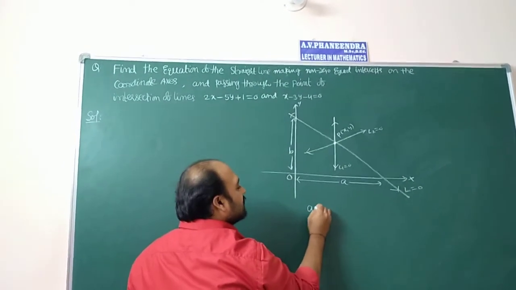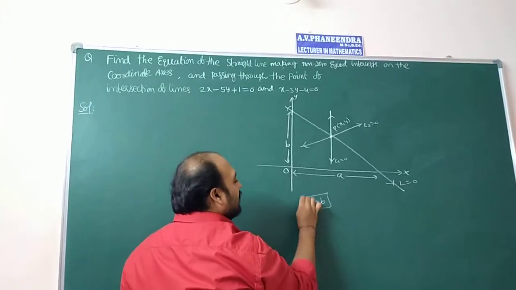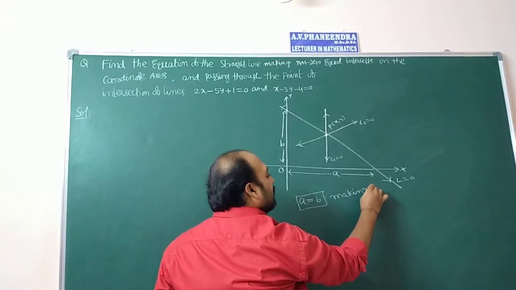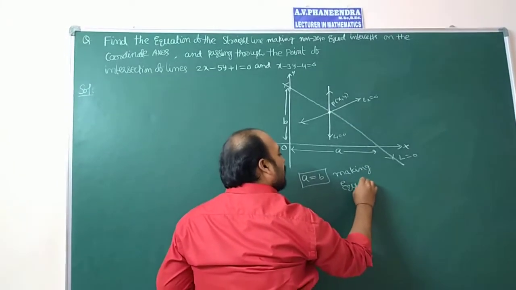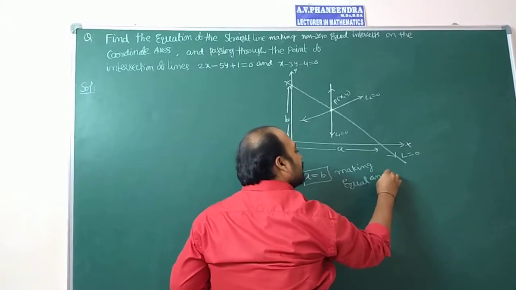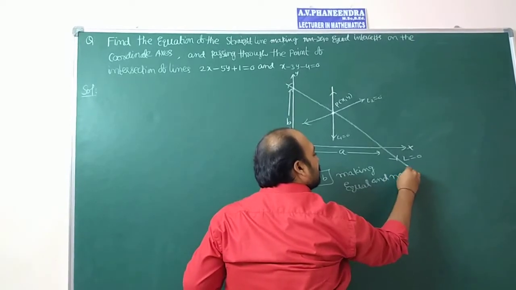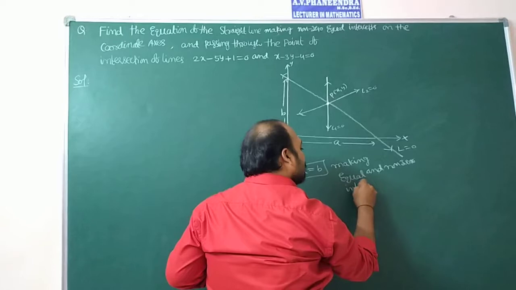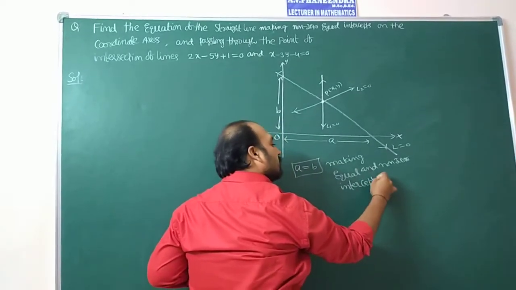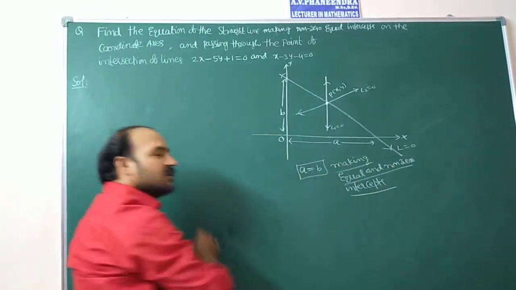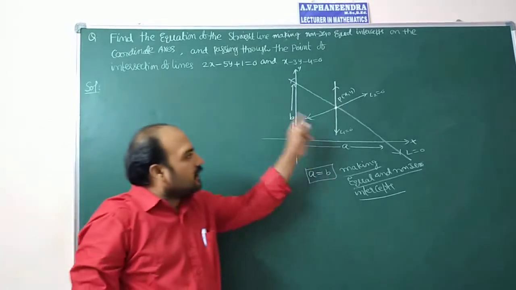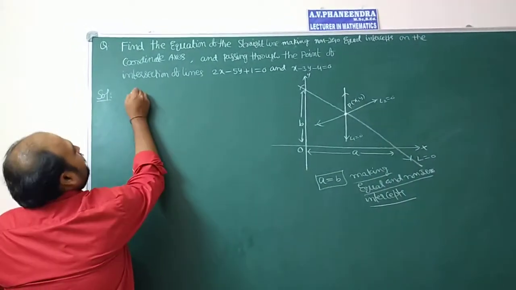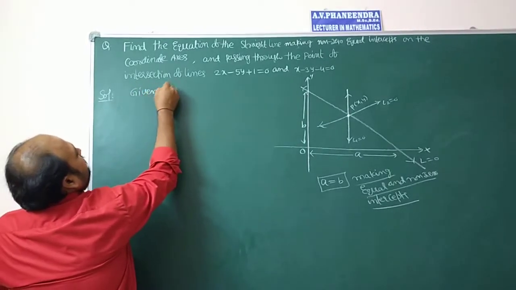Here the given condition is A is equal to B, making equal and non-zero intercepts. This condition is given. This is the diagram. First, solving these two lines L1 and L2, the given lines